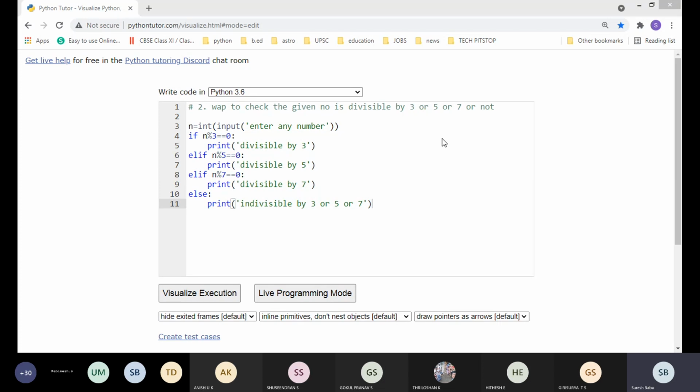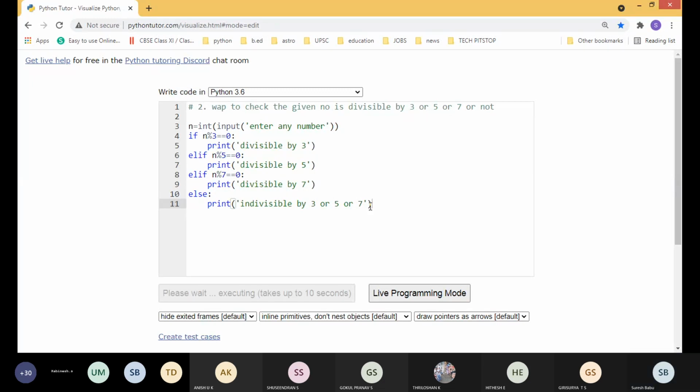If the remainder is 0, you can easily say the particular number is divisible by that corresponding value. So kindly everyone note down. I'm going to show the output. This is what they will ask in the exams. Students, kindly note down these kinds of questions. Write down these programs in a program note.